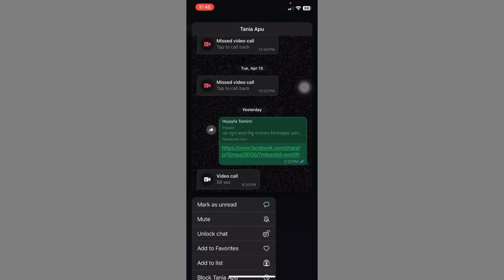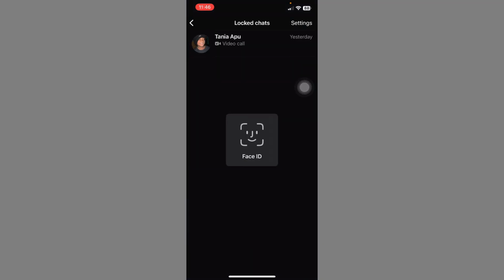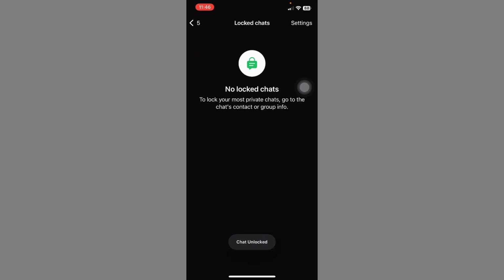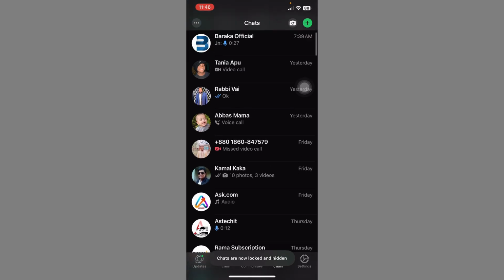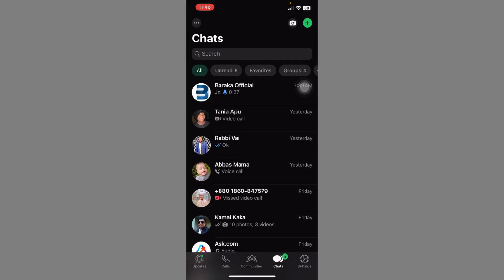then click on unlock chat, then unlock chat with Face ID. This option shows no locked chat. Then go back, and this person is unlocked. Okay, just click